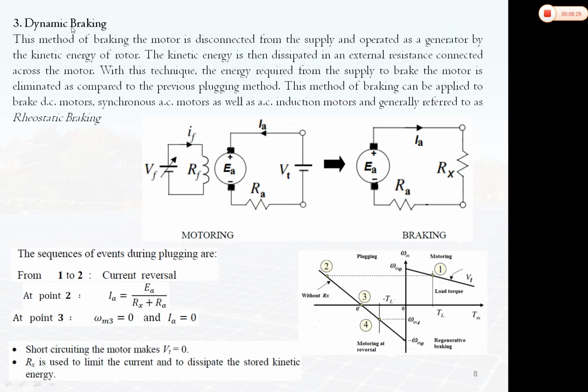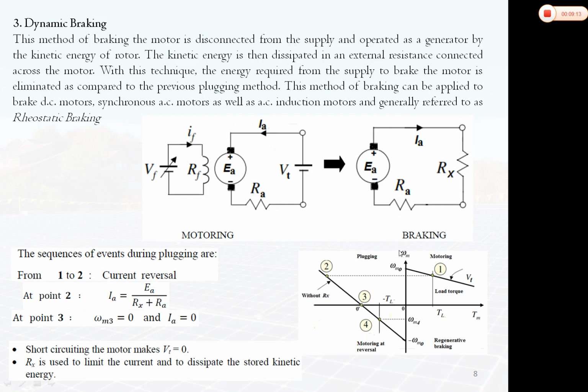Now the third type of braking is called dynamic braking. In dynamic braking, we remove the armature supply, then we connect an external resistor. You can see here, the field circuit we are not disturbing. We are disconnecting the armature supply to the armature of this DC motor. Then we are connecting one external resistance. You can see here Rx is connected. So whatever energy is stored will dissipate in these two resistances. Current will flow because back EMF was there. Armature voltage becomes 0. So whatever energy is stored in the mechanical part of this motor will be fed back to these two resistances.